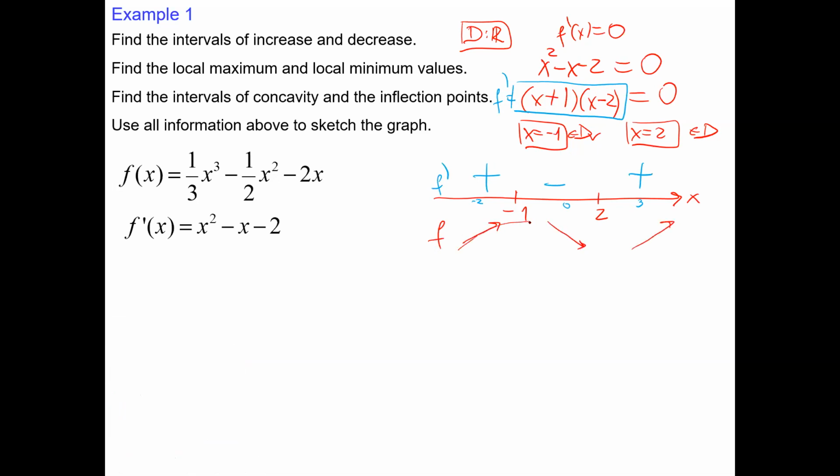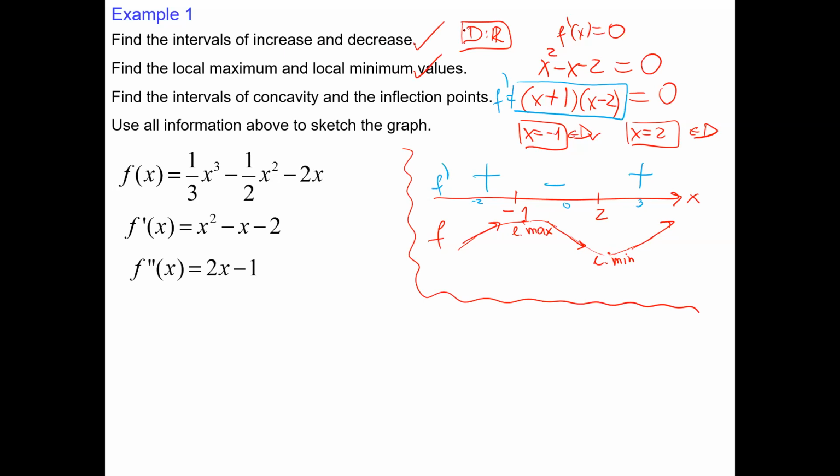So we can kind of see the shape of the function. Local maximum at negative 1, local minimum at 2. Okay, we did the first derivative test and we have the answer to parts A and B. Okay, for the intervals of concavity and inflection point, we will need the second derivative, and